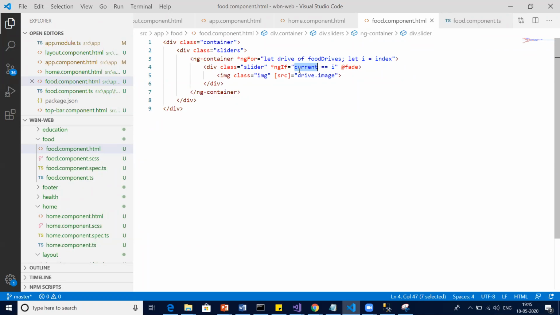Before leaving this page, do you have an idea what this let i equals to index is? It gives the indexing of the array.